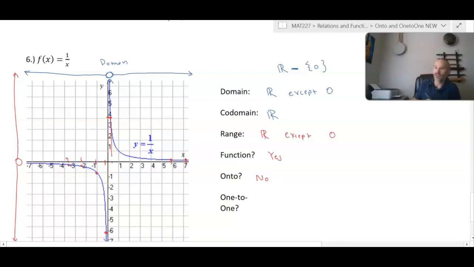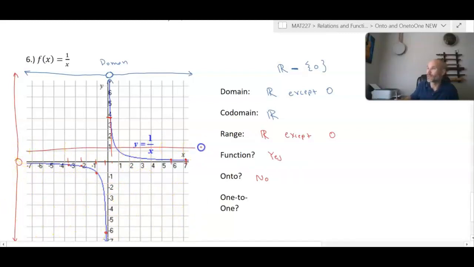Now, you may have heard this called the vertical and horizontal line test. The vertical line test just says that if you can vertically slice through the function at any given value of x, and it only slices through the function one time, there's only one intersection point, that means it is a function. The horizontal test says that if you draw a horizontal line through the function at any value of y,